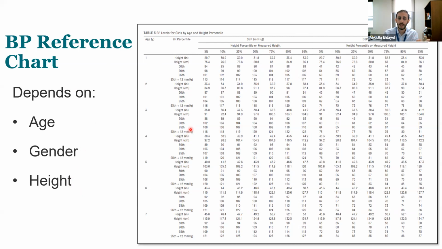The difference between them and the guidelines that came before is that they removed all patients that were obese or overweight from the normal population. And therefore all the numbers, the cutoff went down by a few millimeters, and obesity is a confounding factor for hypertension. So this is an example of what you can use. There are online calculators that you can also use if you want to, instead of having to pull this up.